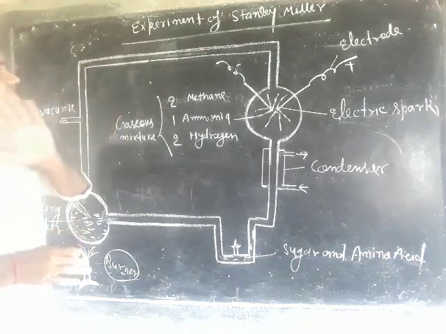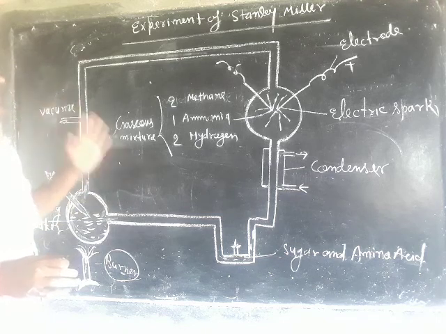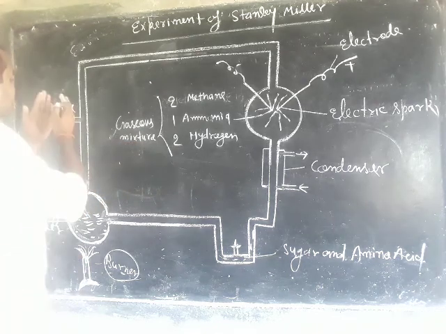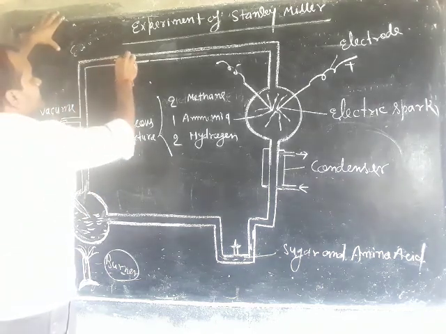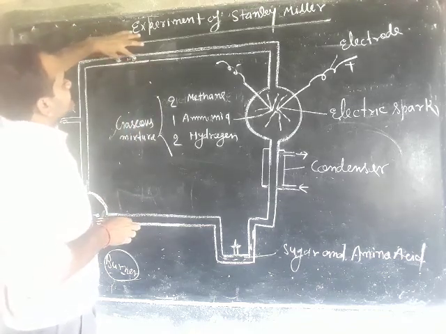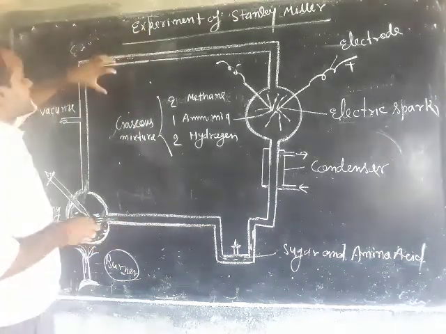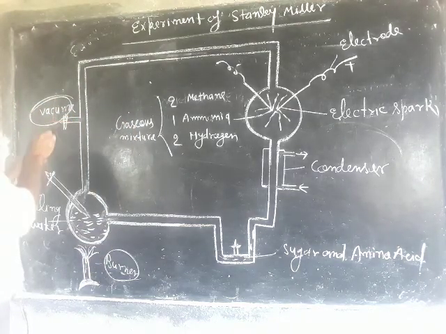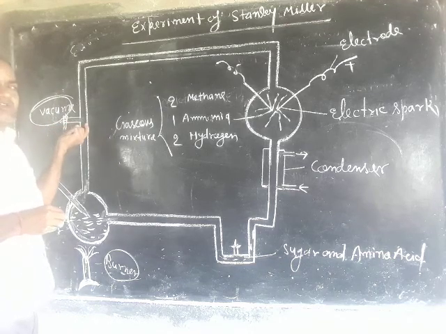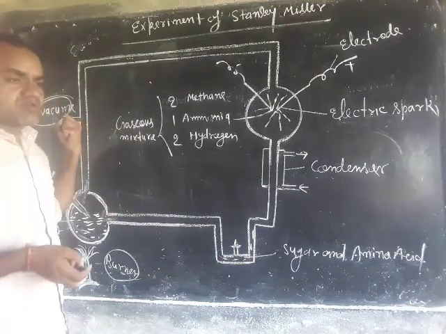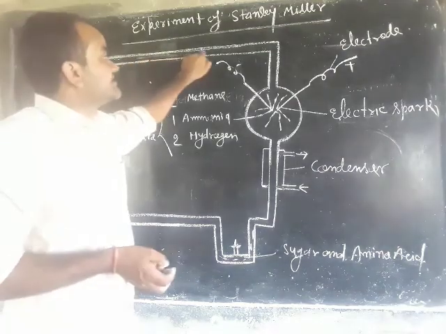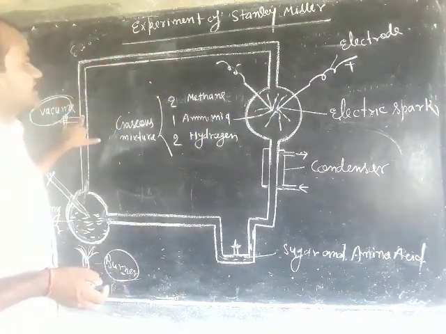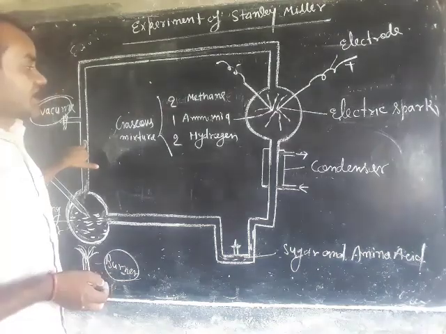does not contain any other gases such as nitrogen or argon or neon, and other gases such as oxygen. If these gases are present in this tube, they are drained out by the vacuum pump. This is a vacuum pump attached to this tube and used to drain out all these unnecessary gases which are filled in this flask or in these tubes.